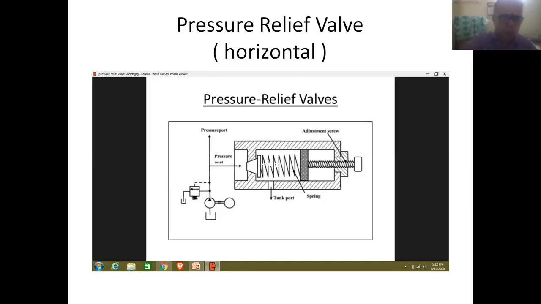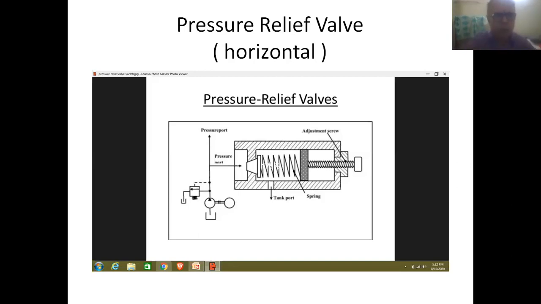Under normal conditions, the fluid coming out of the pump will be flowing in this direction. That means it will be entering the circuit. And if excess fluid is present in the circuit, that will be entering the pressure valve.